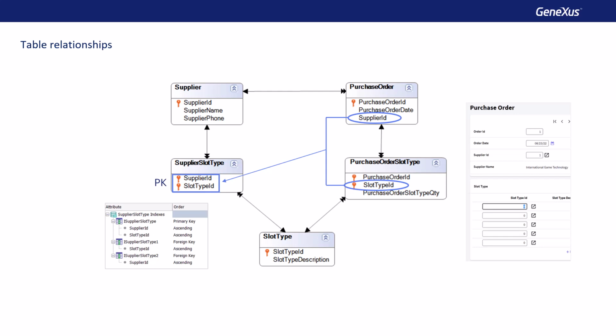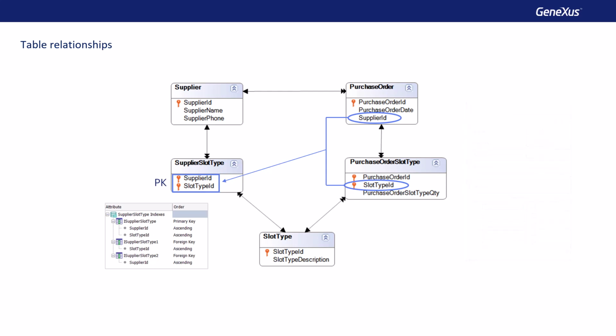The answer is no. Note that the difference with the simple case we saw at the beginning is that actually, supplier ID, slot type ID is not a foreign key in purchase order because the two attributes are not in the same table. However, we could say that they form a logical foreign key, even though they don't exist for relational databases.